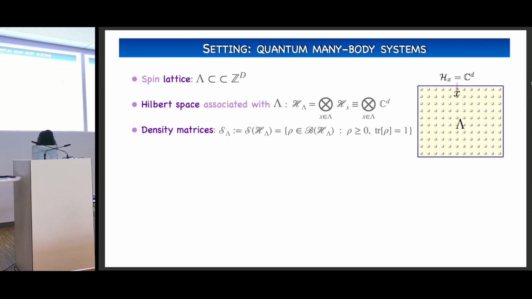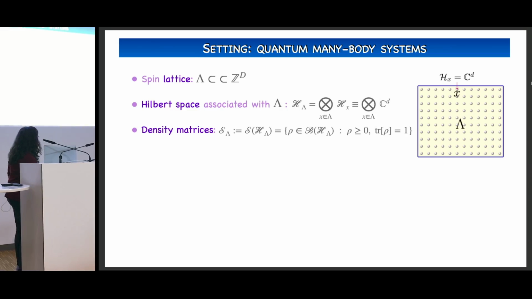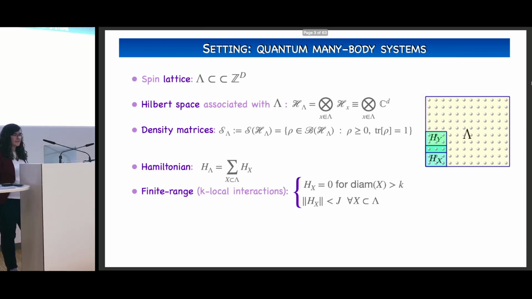And finally, we will talk a lot about density matrices today. Everybody's familiar with density matrices. The only thing that I want to highlight here is that I will use this notation to denote, with the subindex, the system where I'm considering the density matrix. This is something that will become important later during the talk. And this is just to describe what I'm saying when I mention spin lattices.